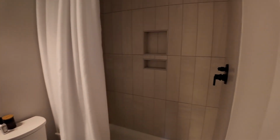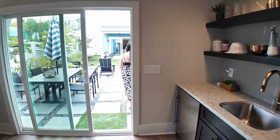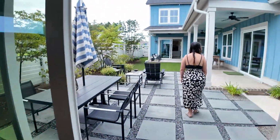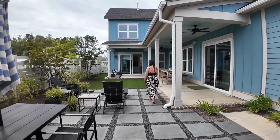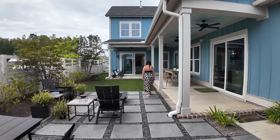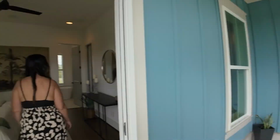Full bathroom with tiled shower. So this is something where if you've got grown kids, maybe you got people gonna be visiting you, and you need that little bit of extra space, extra bedroom, bathroom, and living space, well, you've got it with this house. Now, again, you might be saying to yourself, well, Ryan, how much does all this cost? And you're gonna have to stick around to the end of the video where I tell you,